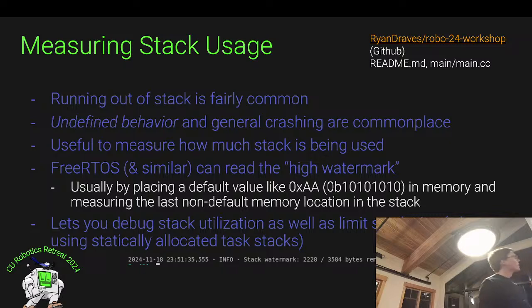So typically, in FreeRTOS or similar, you can measure how much stack you've currently used on the current thread. This is usually done by having some golden value, usually like 0xAA or 55 or whatnot, and placing that in memory, and then seeing the last location where that data is still in memory, and that's roughly how much you've used at any given point in time, right? So if you have something that's crashing because you ran out, you can comment out enough so it doesn't crash anymore, and measure your stack remaining and see how many bytes you have left to work with before you have to start taking all those vowels out of your messages and all those other things to reduce your memory footprint.